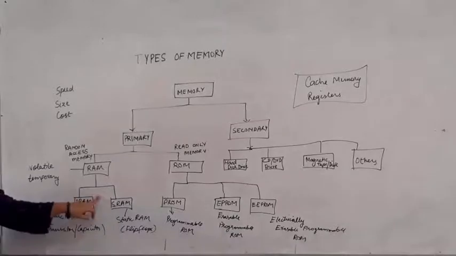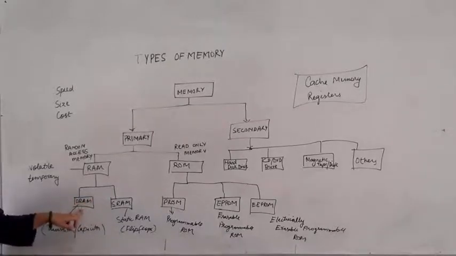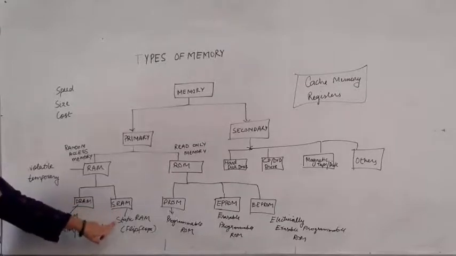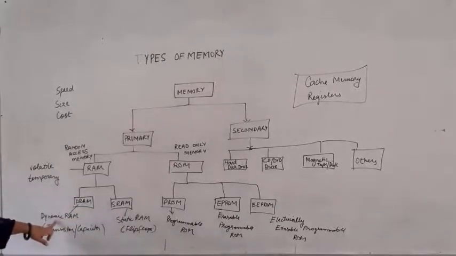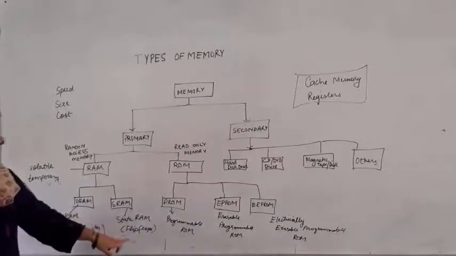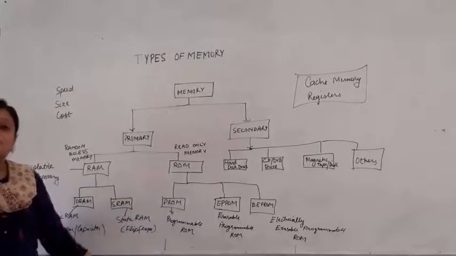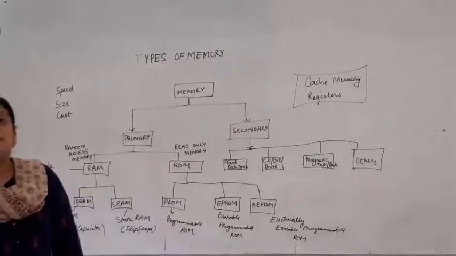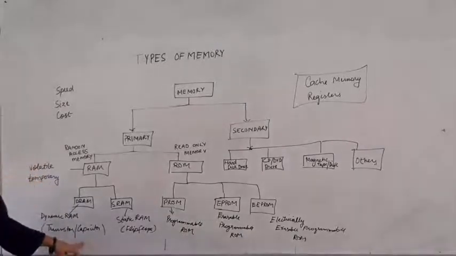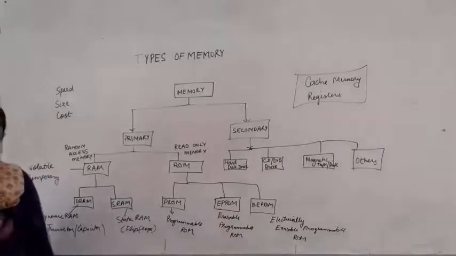Again, this is divided into two parts, DRAM, that is your dynamic RAM, and SRAM, that is your static RAM. If I begin with dynamic RAM, this memory is constituted by small semiconductor devices, transistors and capacitors, while the static RAM is constituted by flip-flops, which do not require the memory to be refreshed. Now what happens with the dynamic RAM? It loses the data once the power is lost. Again, this is volatile in nature.